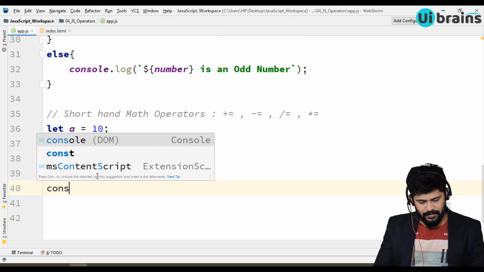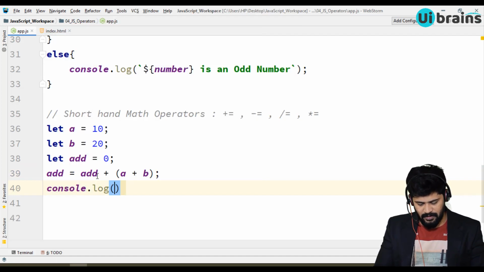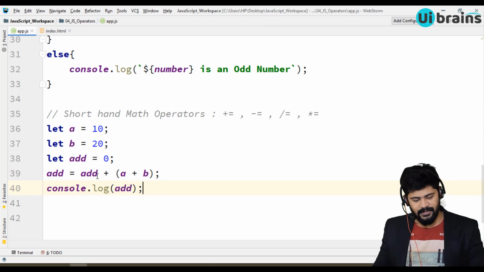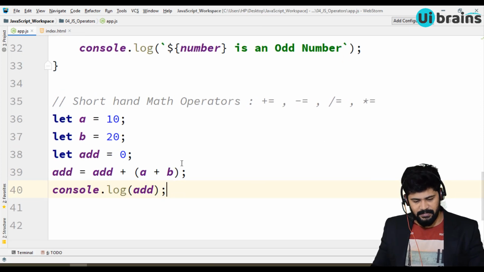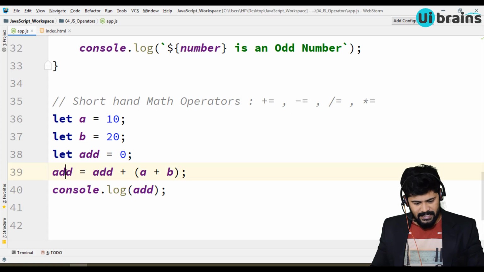Okay, I'm doing console dot log of add. See, let me zoom it. So add is equal to add plus a plus b. Or else you can take this as 10, and this is 20, this is 30. Looks good.